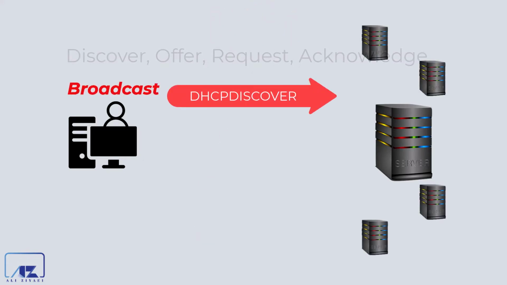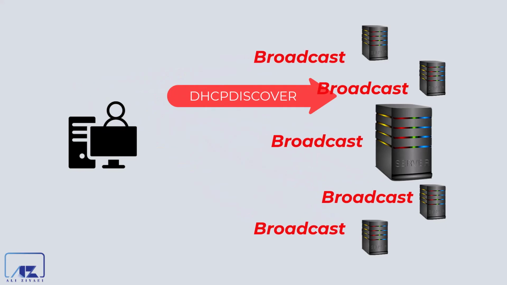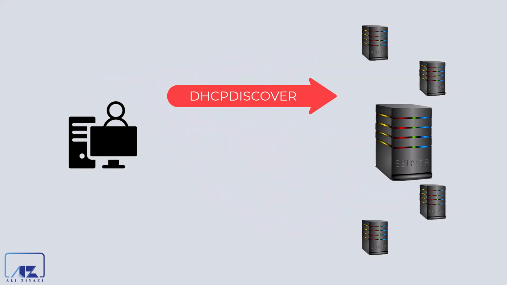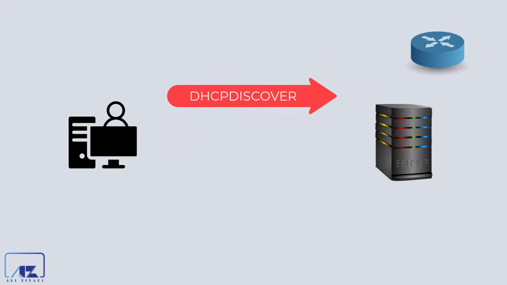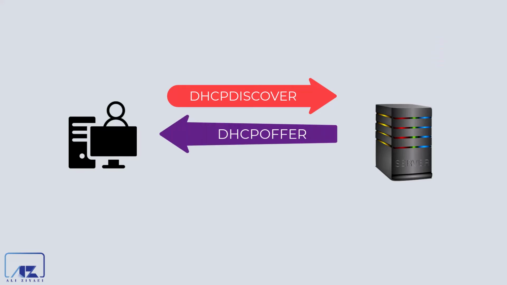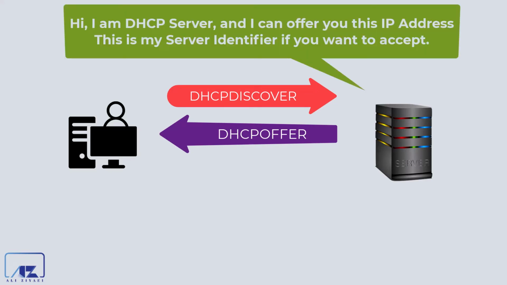First, the DHCP client sends a broadcast packet called DHCP Discover. Only the computers that have the DHCP server role installed on them will respond to this packet. Or if you have any routers on your network that have the DHCP service installed, they will respond as well. A DHCP server responds back with a packet called DHCP Offer. On the first packet, the client is looking for a DHCP server. Now the responding computers will respond with an offer. This packet contains a potential IP address for the client.